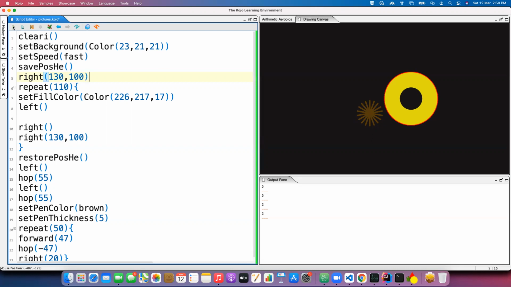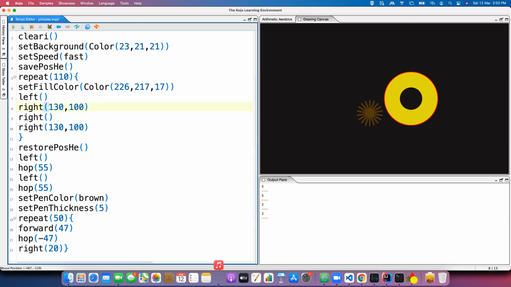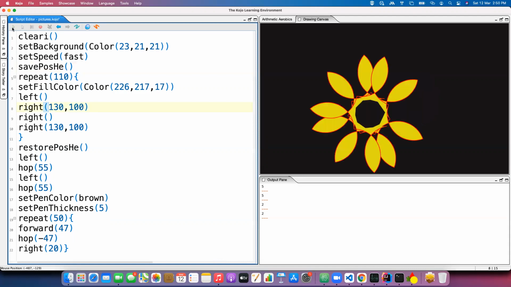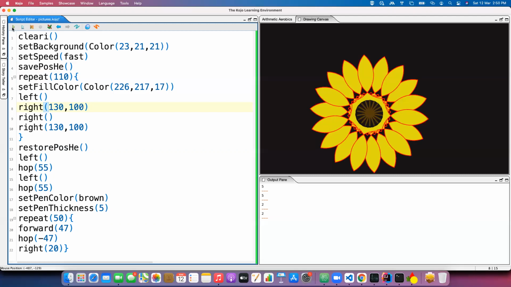So what was the problem? I moved only one line. It didn't take away one petal. It took away literally everything. It just converted this whole thing into a circle because of one line. This is called imperative programming. Imperative programming means